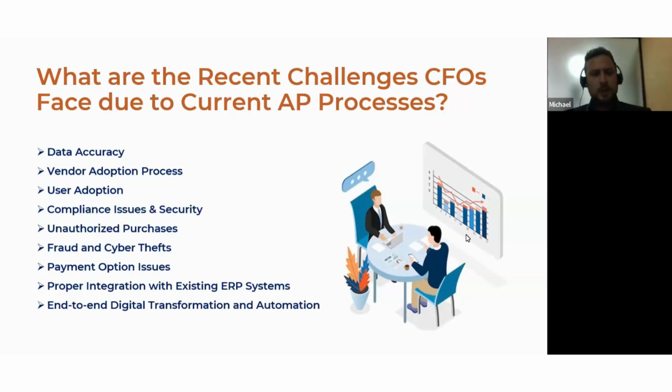Now, when you are in the AP process, of course, you are working with multiple vendors, right? One of the very important things here is when you automate your AP process, how are your vendors receiving the process? How are they able to function along with it? With a smart automation process in place, you will be able to simply access an email from a vendor. All they have to do is simply invoice by email, and that's pretty much what the vendor does, right? There are no complicated portals for them to log into or